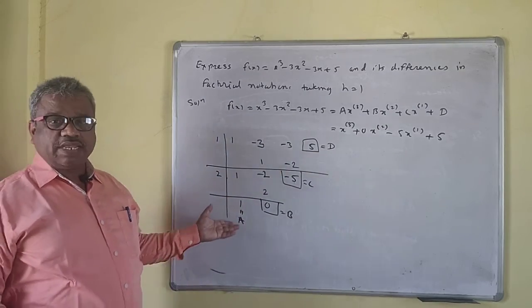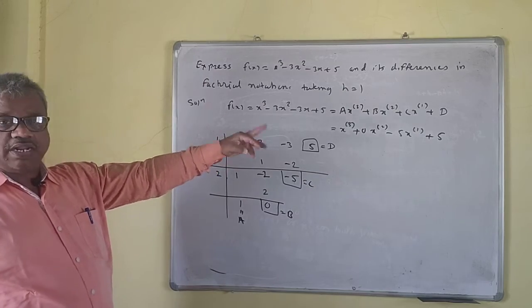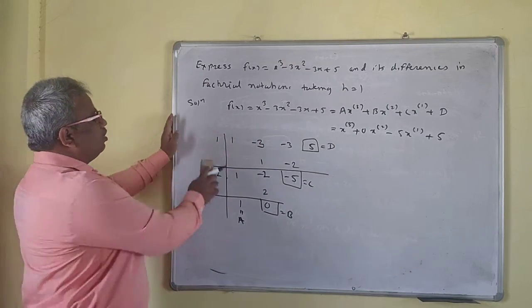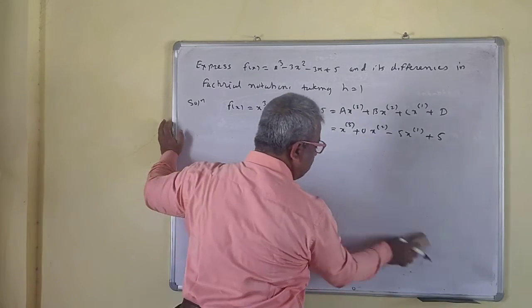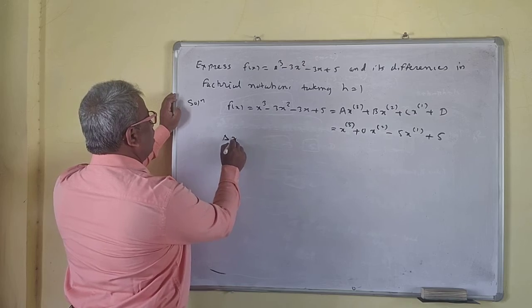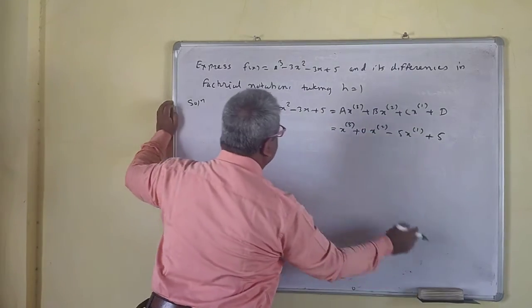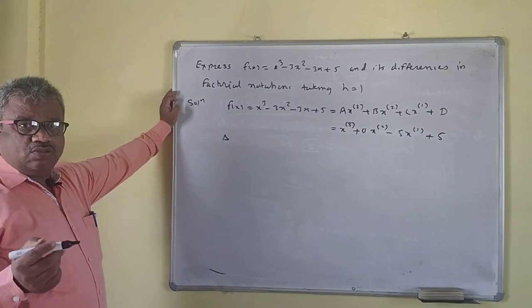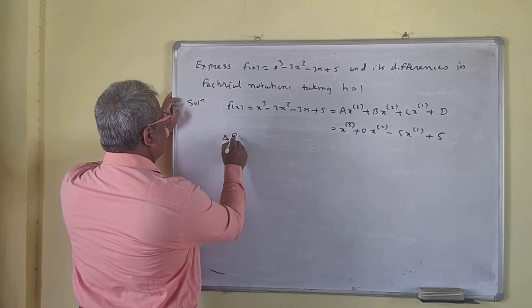Okay. So this is a very nice method. So easily you can find the values of A, B, C, D. Now we find the interval differences. Easily you can find the differences of f of x. So first forward differences. Up to 0 you have to find, because this is a third degree polynomial, so find it to the power 4 only.